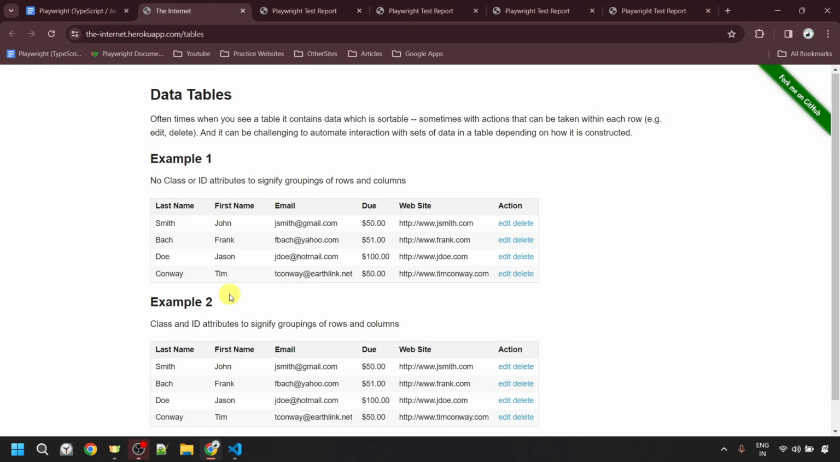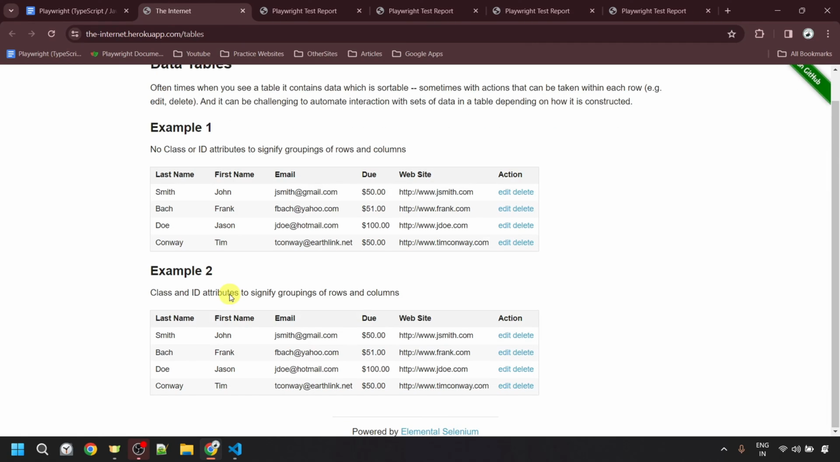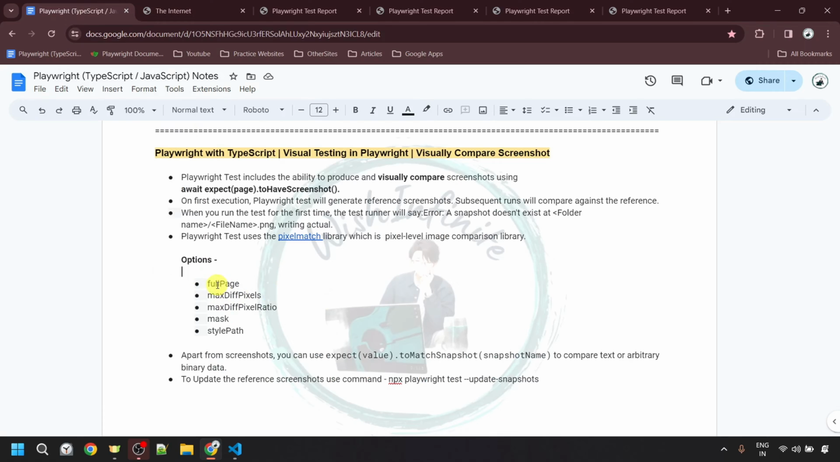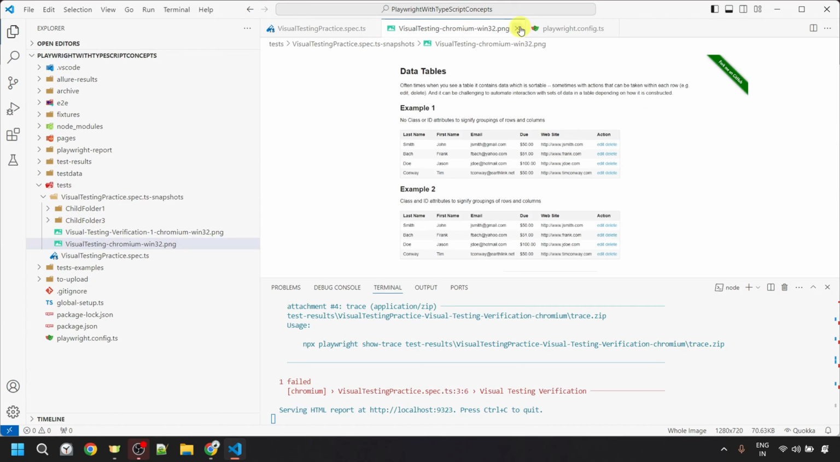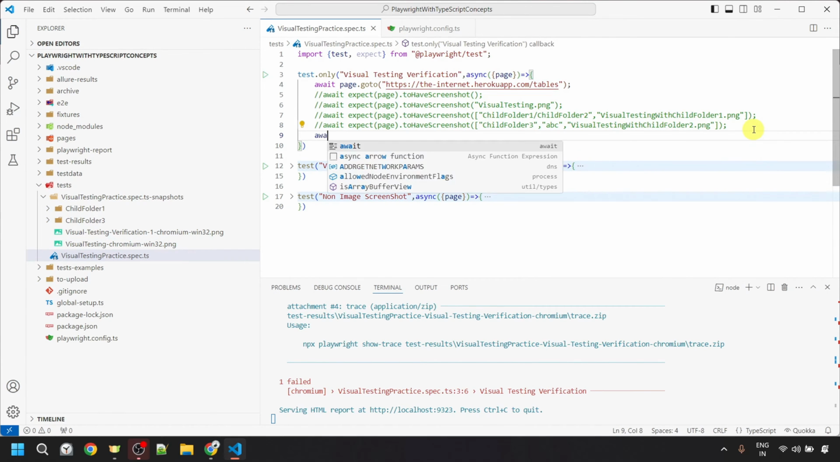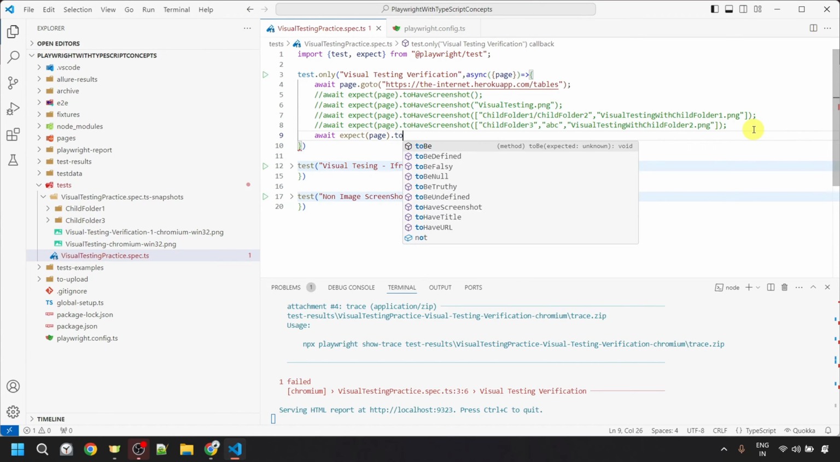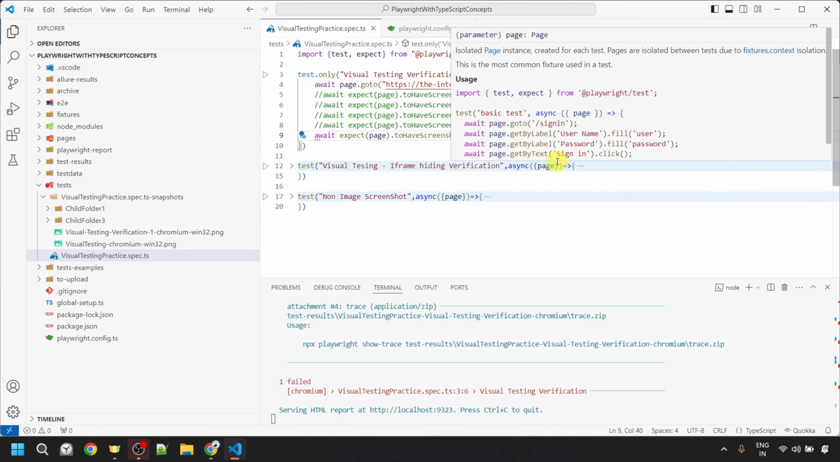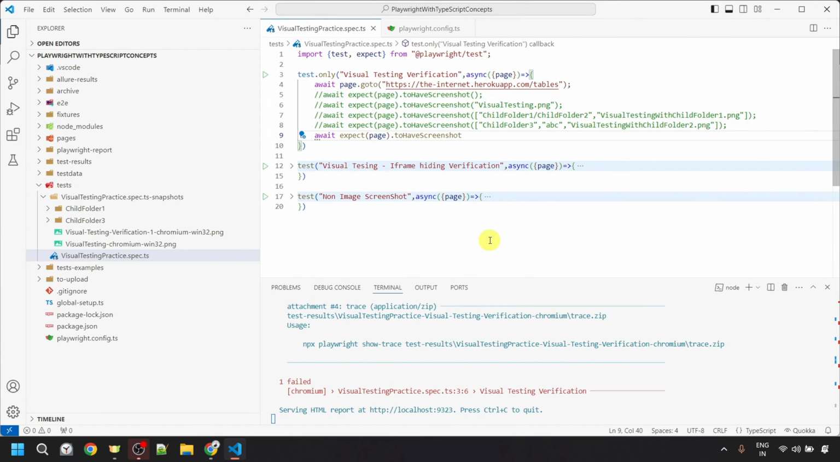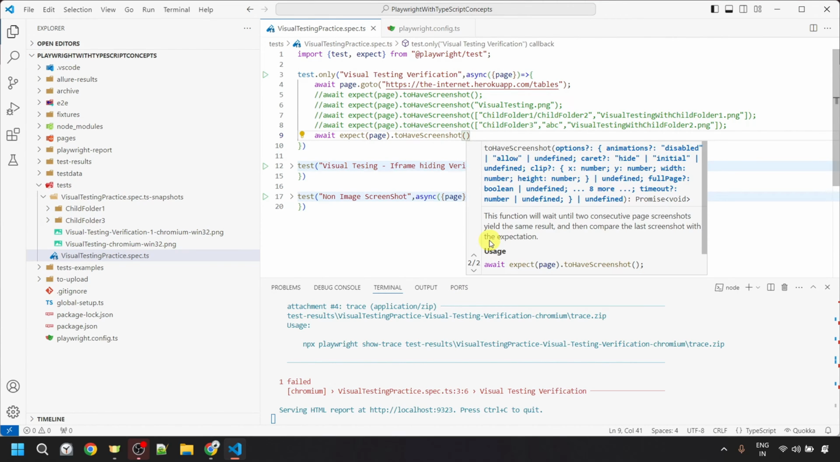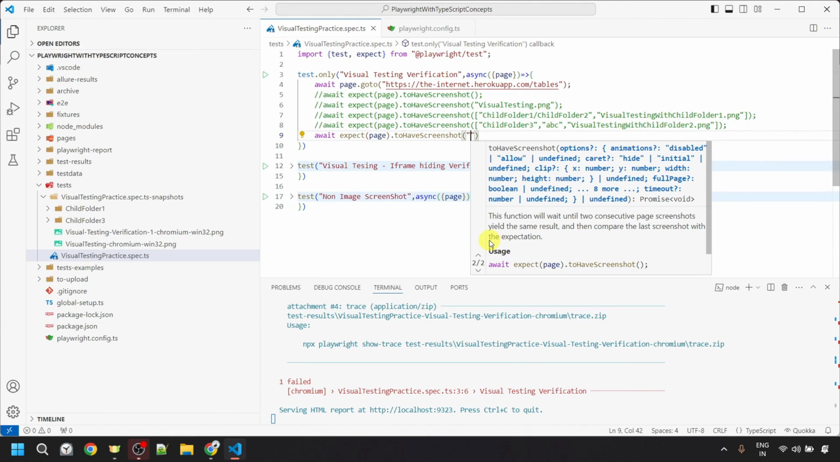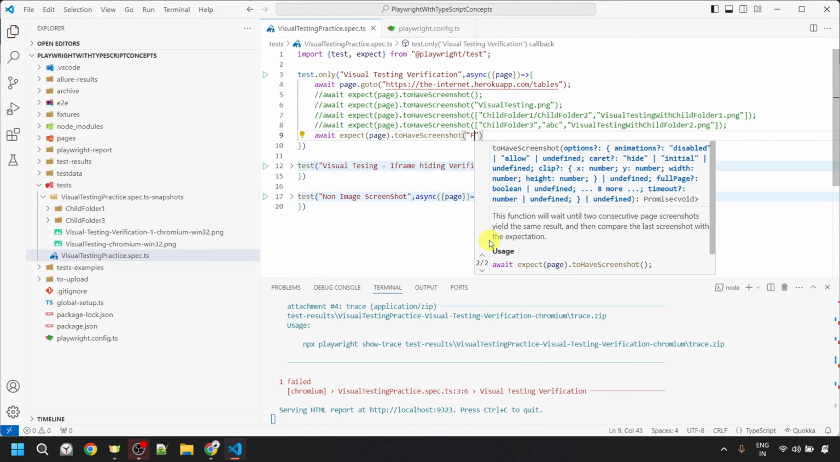And if you want to take the screenshot of the complete page with all the items, in that case you will have to pass one option with this toHaveScreenshot method. And the option name is fullPage. Let's see how we can provide the option with this toHaveScreenshot method. So here again, you need to use await expect(page).toHaveScreenshot, the same method. And here let's give the name directly. So inside the parenthesis, the first argument would be the name of the screenshot. Let's give the name as fullPagePractice